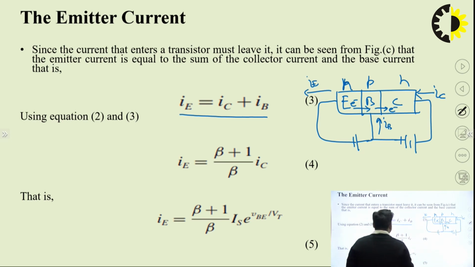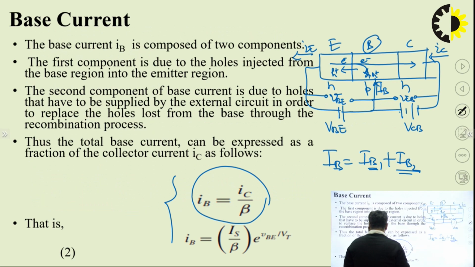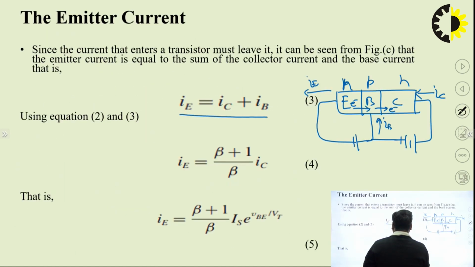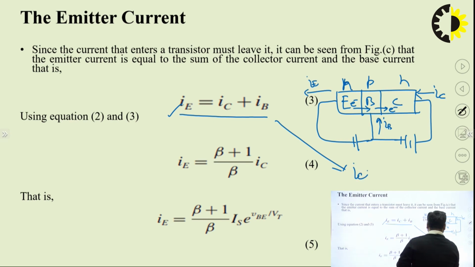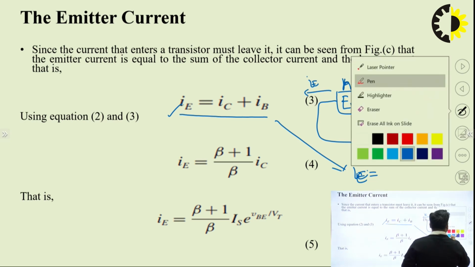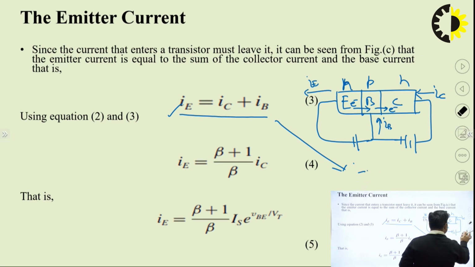and we have already derived some expression in equation 2, that is IB is equal to IS upon beta e to the power VB upon VT. So putting the value of IB in this equation, we get equation 4 like this: IE is equal to IC plus IB. What is the value of IC? If we put the value of IC and IB in this equation,